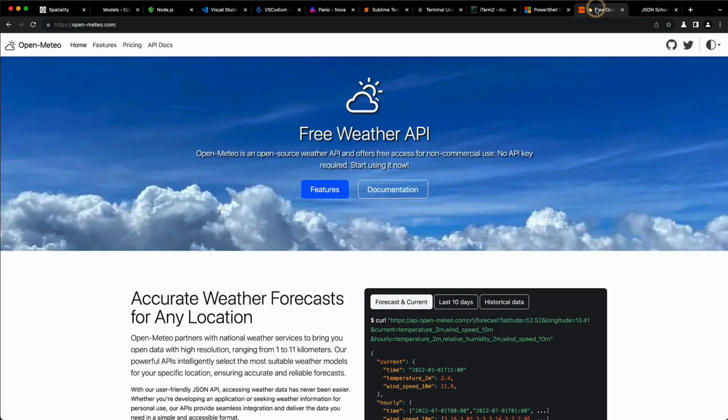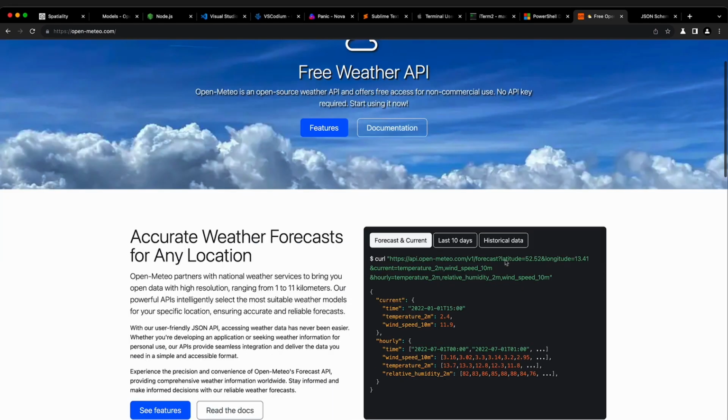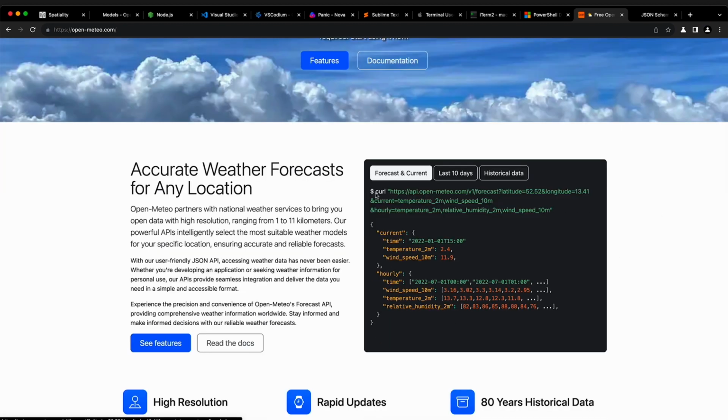There are many, many weather APIs available. Most of them are paid, but we have access to this one, open-meteo.com, which is a free weather API. And it's actually a rather simple HTTP endpoint that we can access for weather data. Let's go ahead and do that and see the example that it has here, where it gets quite a bit